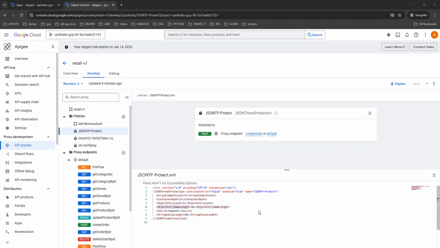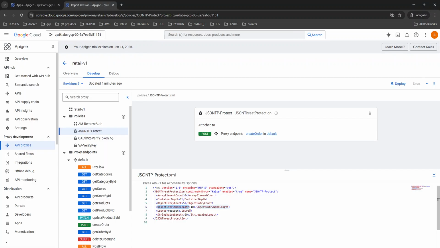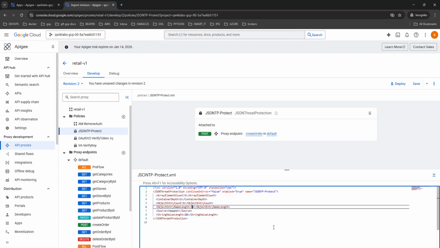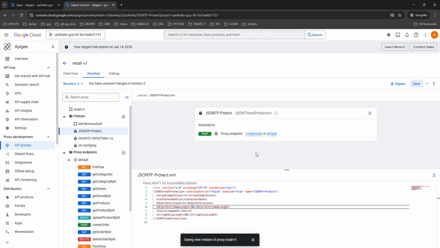Okay, so what we're going to do now is change this to bigger than whatever we have here. This is bigger than, it's more than 20, wherever. Let's put it 30. All right, 30. Save it. New revision